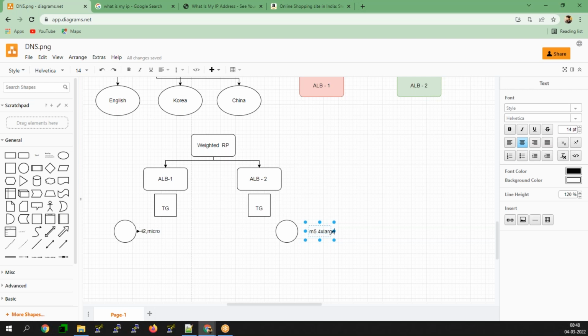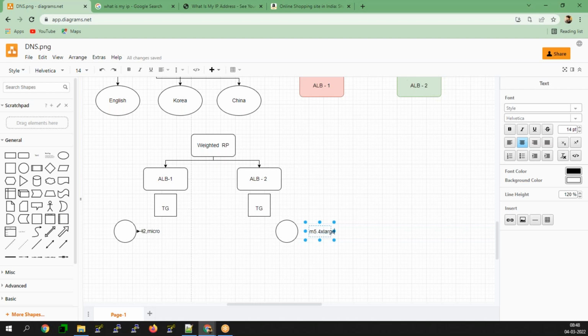So now you need to understand which is the stronger one, whether ALB1 with T2 micro or ALB2. ALB2 is the stronger one, where it has the M5 4xlarge.